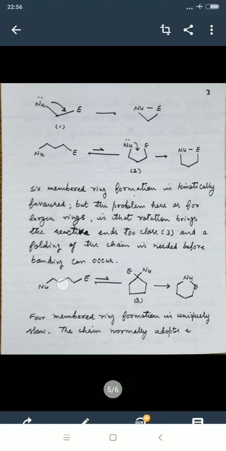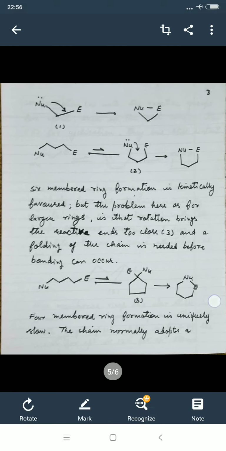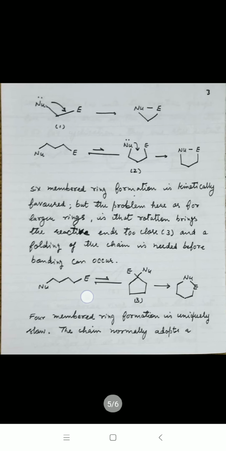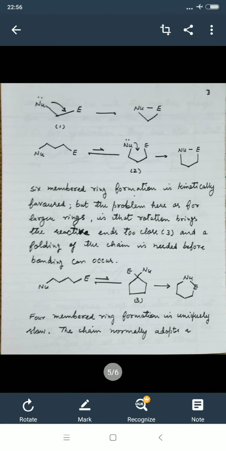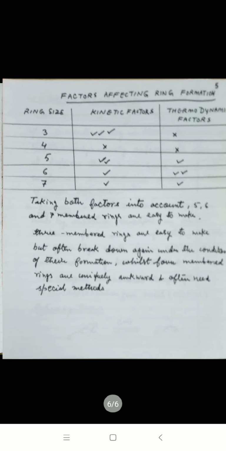So 1, 2, 3, 4. It is separated by the 4 carbon atoms. So you can have a 4 plus nucleophile and electrophile, a 6-membered ring, or you can see by the rotation the nucleophile can come closer to the electrophile forming a 5-membered ring compound, and then there is an expansion in the ring forming a 6-membered compound. The 4-membered ring's formation is uniquely slow. The chain normally adopts a